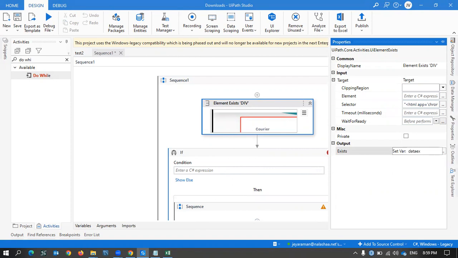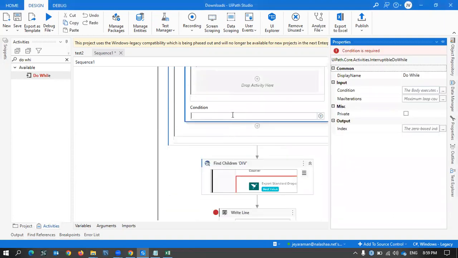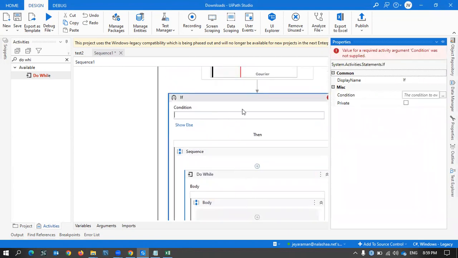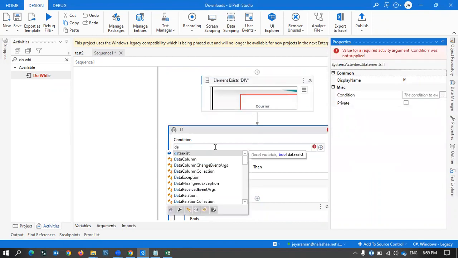or something like that. So this do while loop will work until that data exist is there. This condition we are having, you can use a while loop and check. So what we need to do now is, if the condition, if this is present,